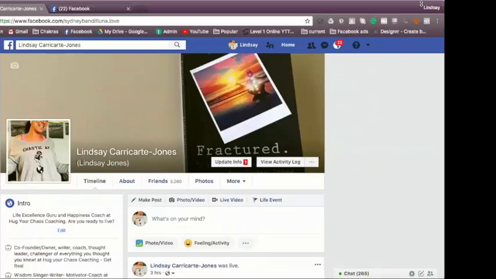One thing you really want to keep in mind, though, is that you do need congruency, because even if you set your profile to private, someone can still search you and they're going to see things like your banner photo and your profile photo.